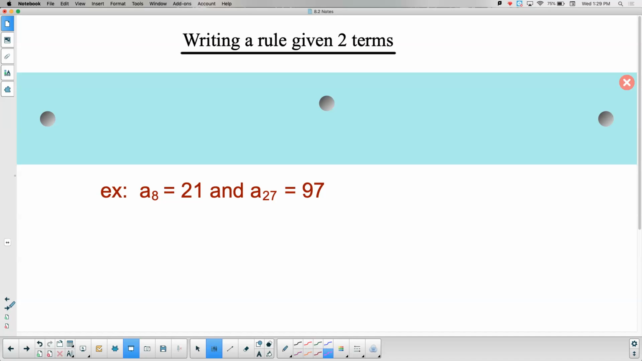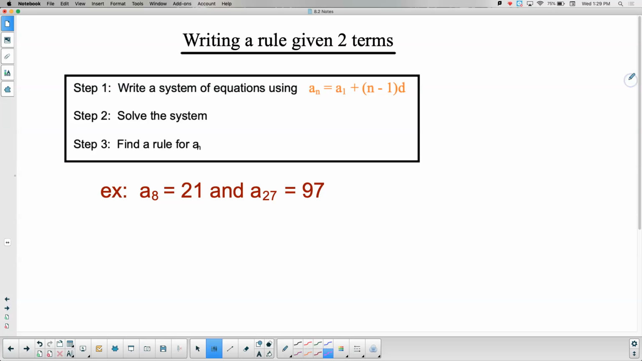Writing a rule given two terms is a third style of problem that you will have in this section. Unfortunately, it's the most involved one because you have to write a system of equations using the rule. So you've got to use the rule for each of the two terms that you have. So if we take this first one